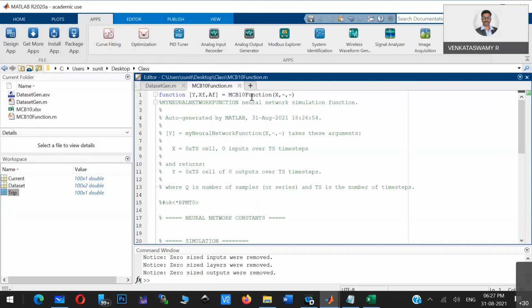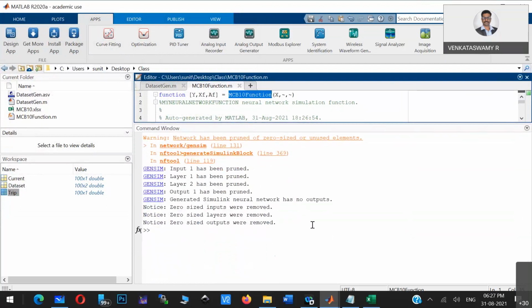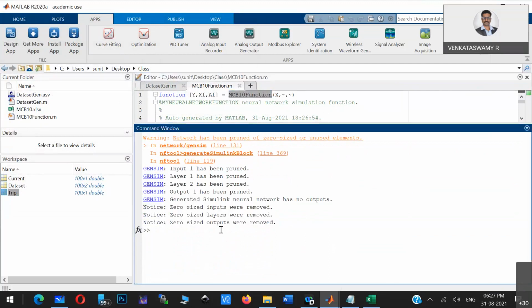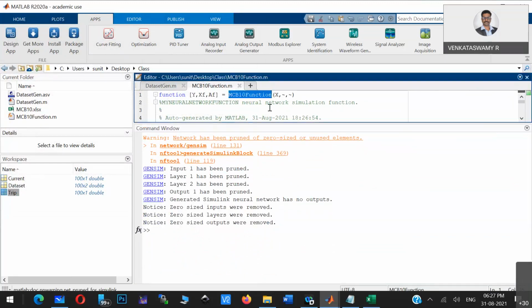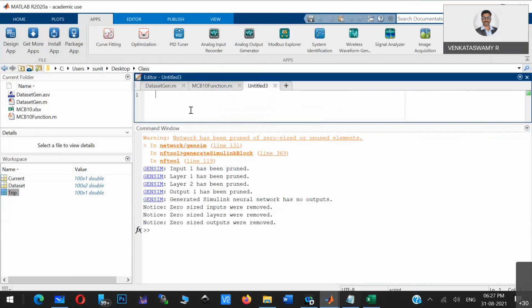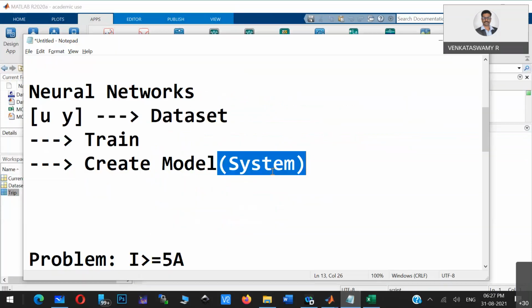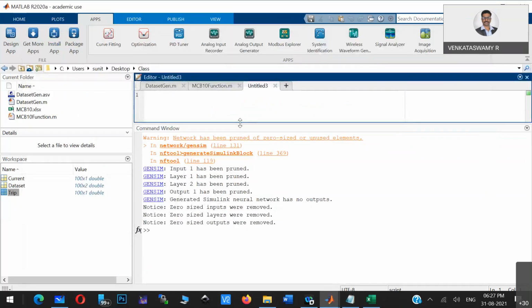Now if you want to use this particular function, you just have to call it. That function itself is a system now. If I want to test, the model is created. That system is basically that function we have exported from that neural network.